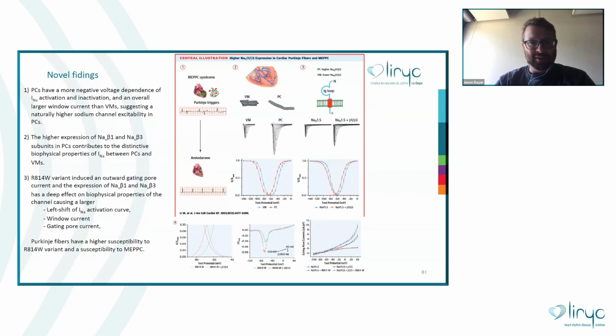But another question I had related to this: at the very end, you mentioned using rabbits or mice. I'm not really familiar with this, but is there evidence that the sodium channels are different in the myocardium with respect to the Purkinje? Are the isoforms different between the species, or is it pretty well preserved, or do we not know?